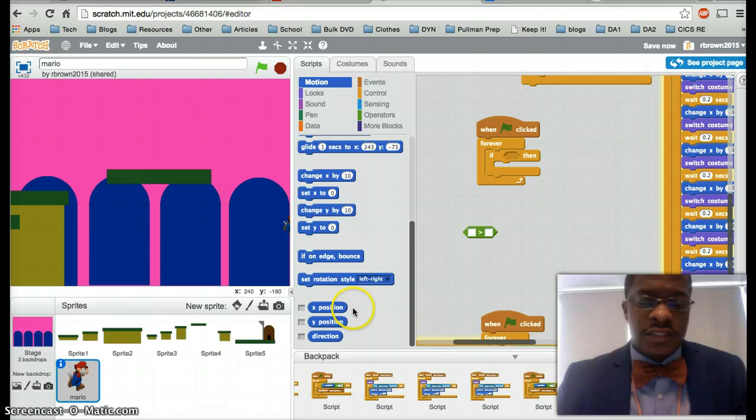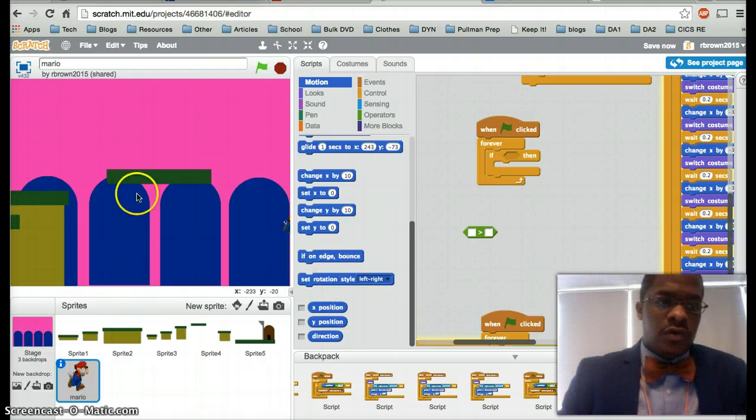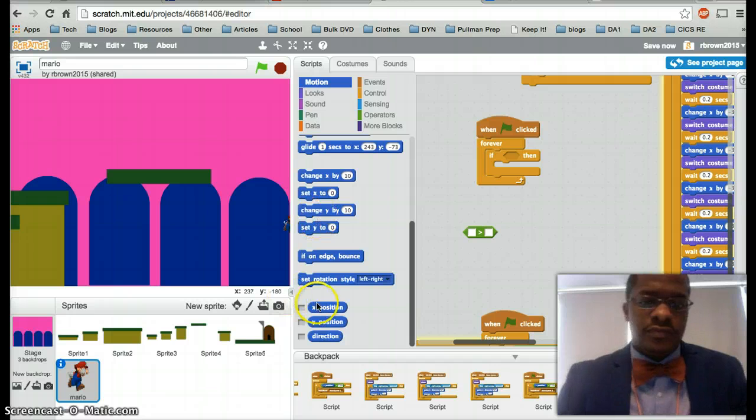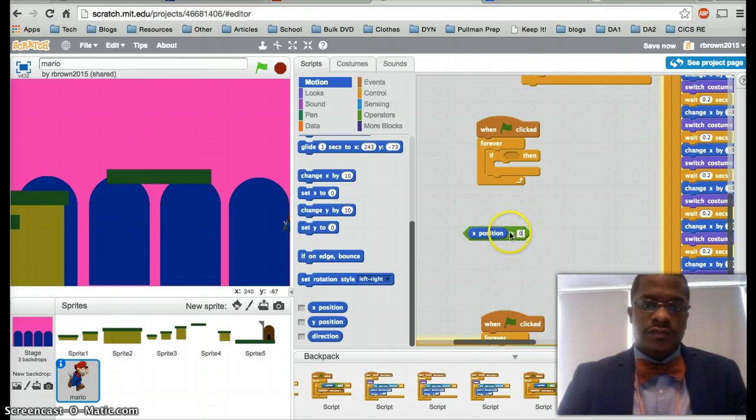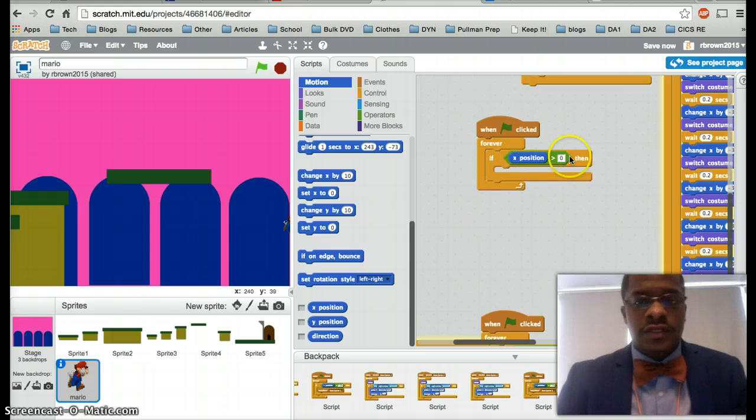So we say if Mario's X position, because he's traveling on the X plane, if Mario's X position becomes greater than 0, again, the X position, if this was a line, 0's right here, these are positives, so these would be 400s, 100s, etc. These would be negatives, negative 100, etc. So once he hits that very center point is when we want. Once Mario hits, if Mario's X position is greater than 0,